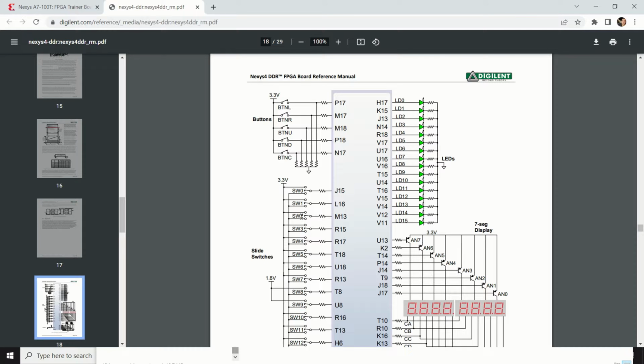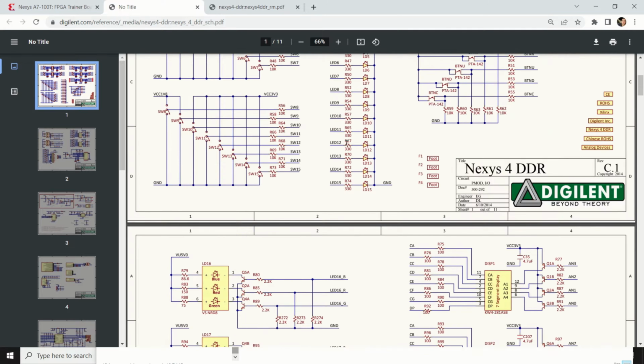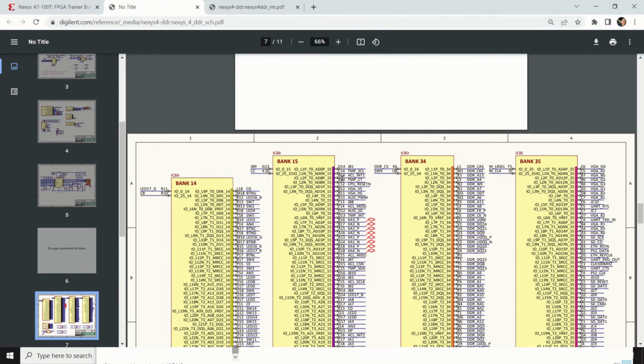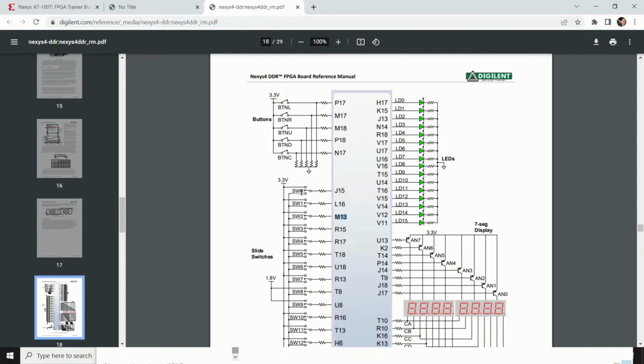This is the second and third. So this will be switch 1, switch 2, and switch 3. And here are the values. The values are J15, L16, and M13. Now, there is another way, and that's more complicated way to find these values. I can click over here to obtain a more detailed schematics, and then you need to scroll down to search for a switch. However, from this diagram, we can see that the switch we are searching for is